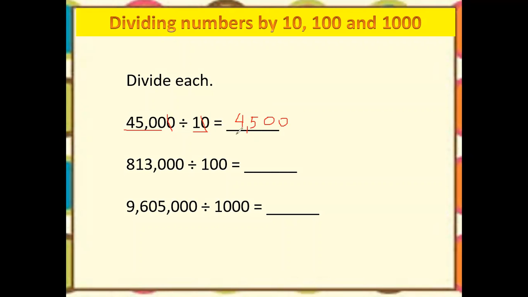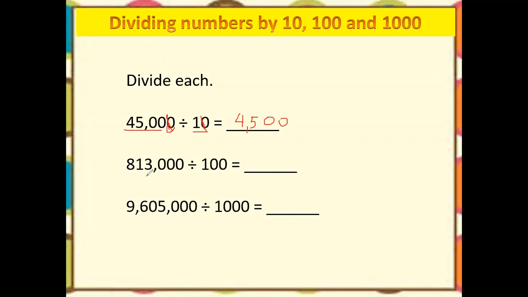4,500. Or when we divide by 10, you can see 45 divided by 1 is 45. Then 0 divided by 0 is 0. So when we are dividing by 10, how many groups of 10 do we have in 45,000? There are 4,500. So the rule, just cut 1 zero in our answer. Or we are going to move the decimal to the left once. So now the decimal here,